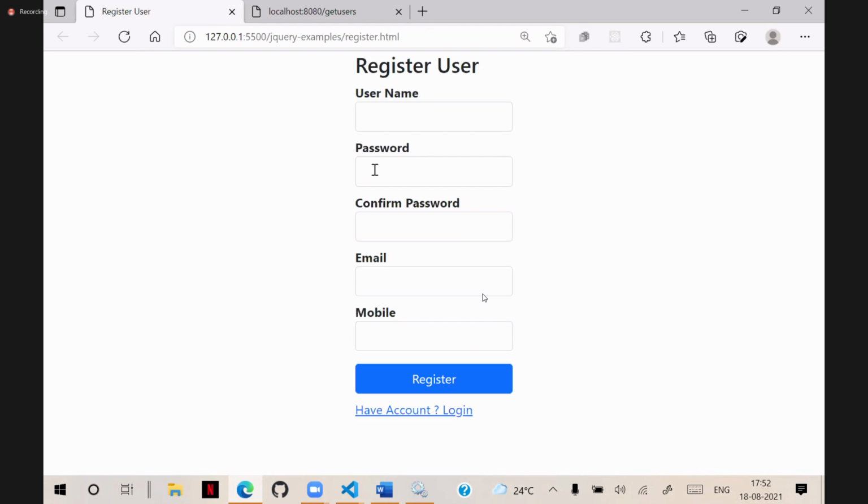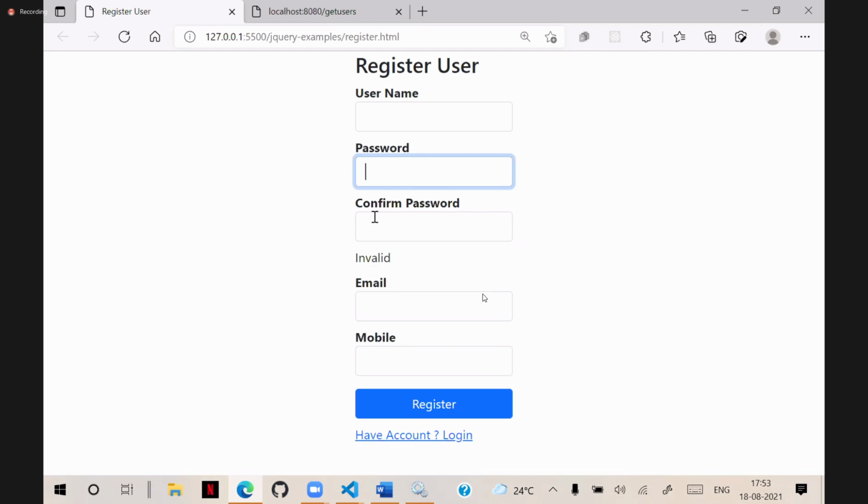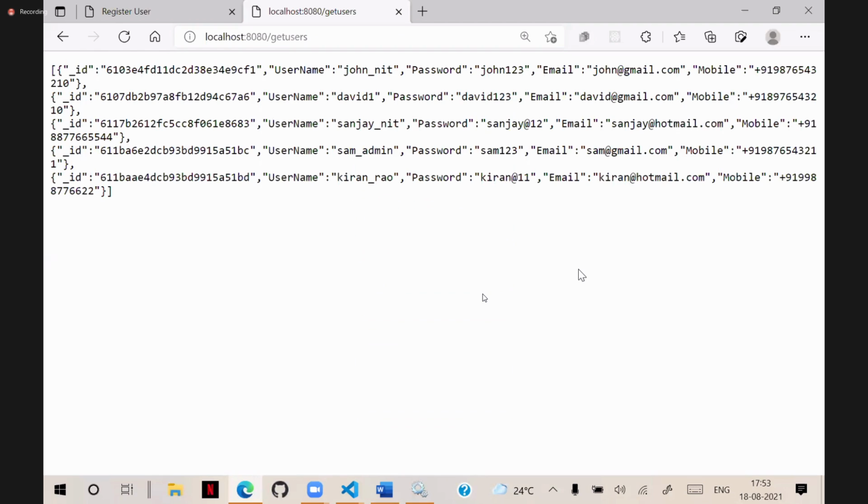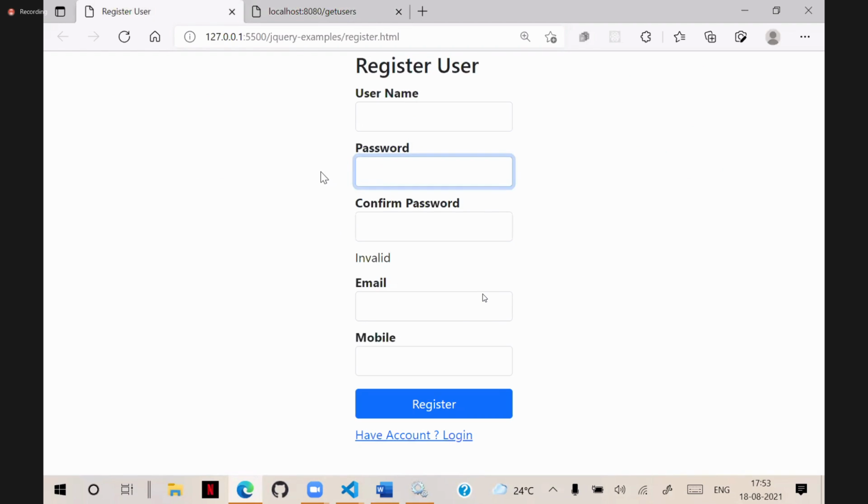Now, how do you write it for password? While typing the password, we can check whether the password is strong, weak, or poor, based on regular expression and verifying it. And how to handle password and confirm password, both of them, while typing, with regular expressions, verification of password, giving strong and weak while typing.